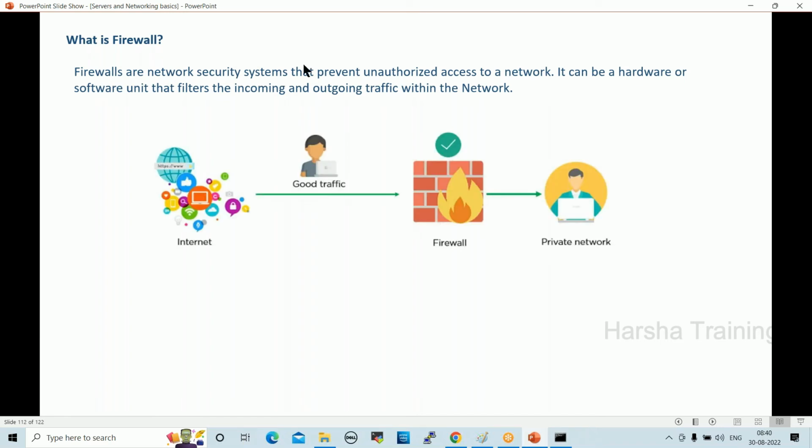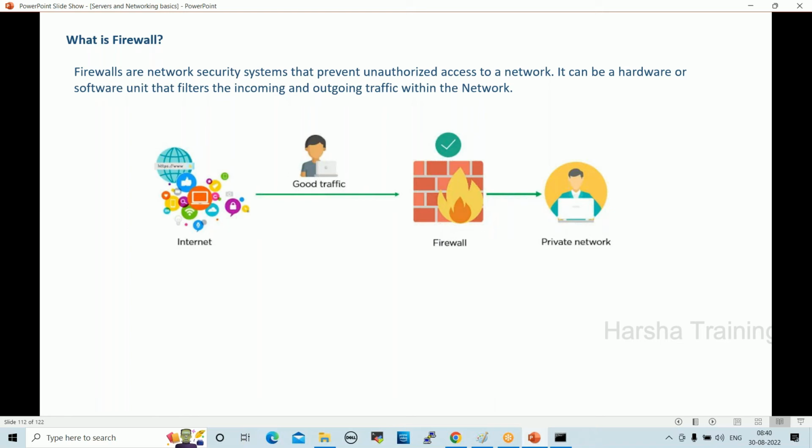See here, in real-time projects, if you want to connect your systems, servers or your office network, how can we connect? Through the internet. First we can connect through VPN. VPN will allow you to connect to your office network, so through the internet we can access our networks, right?